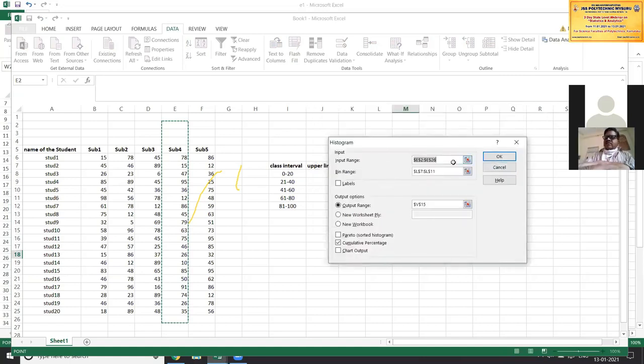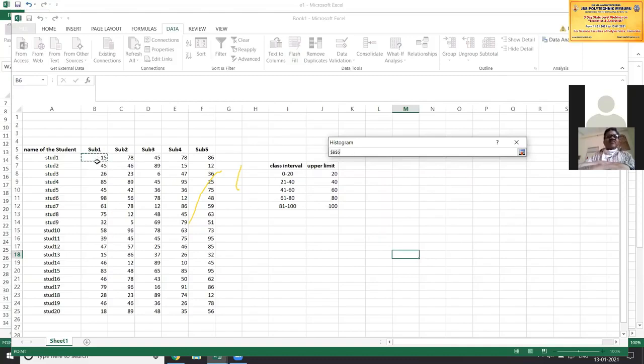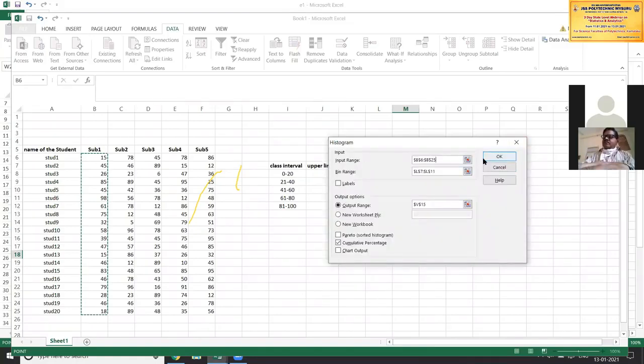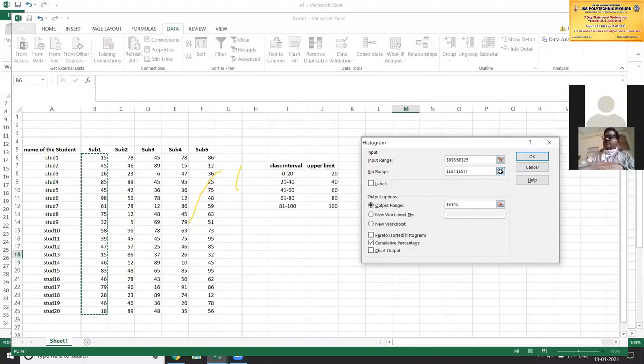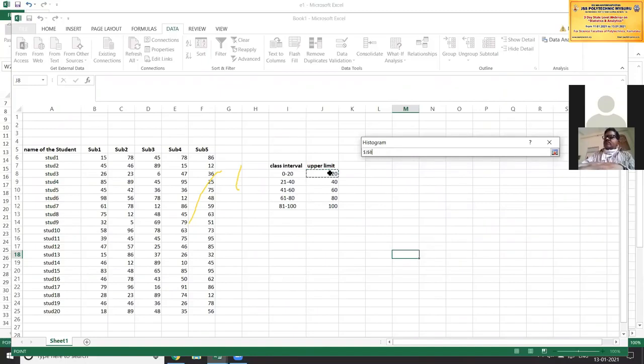So first, I'll select the first subject as the input. Input range, I have taken subject 1 from first value to the last value. Next, bin range, for all the 5 subjects it is common. So I'll select this upper limit from 20 to 100.